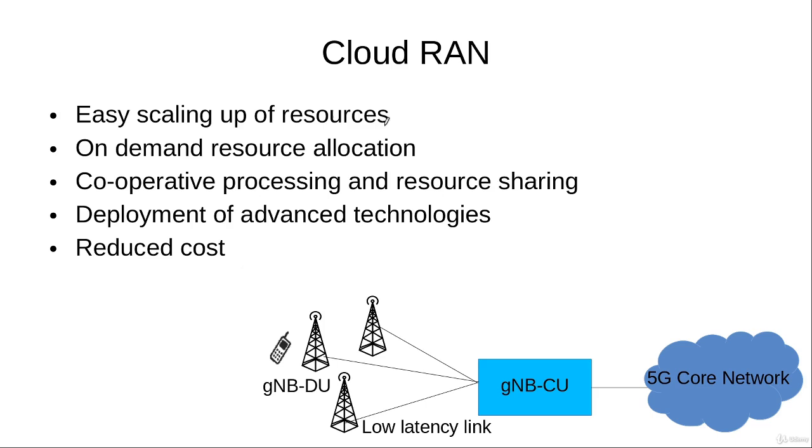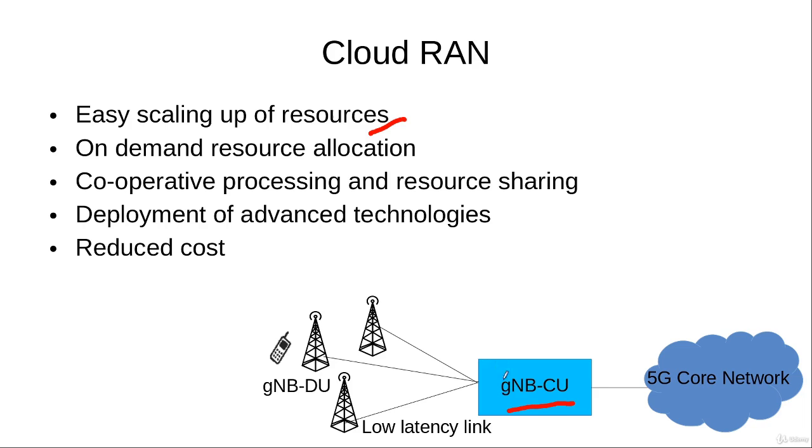The first advantage is the easy scaling up of resources, as all the processing is basically done in the GNB CU. So if there is demand for more processing capability, it can easily be added in the GNB CU in the matter of hours. So on demand we can allocate more resources in the GNB CU, and similarly the different processing